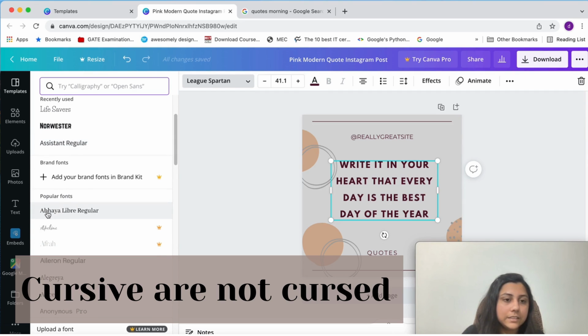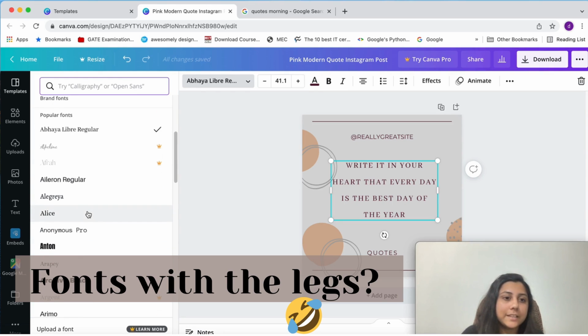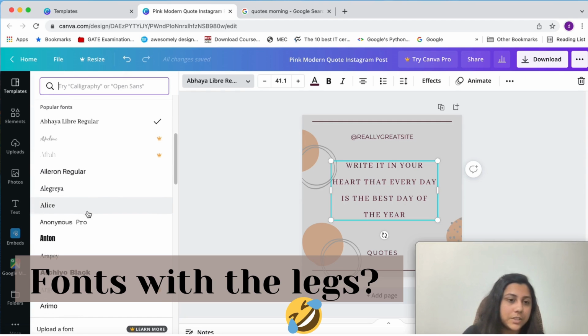And these are like the fonts with the legs. That is, if there's an eye, then there's a tiny leg over there. So these are kind of historic fonts. So they are generally used when you are writing some newsletter or some newspaper related, some historic stuff, or some party which is like a retro theme party, those kind of stuff.